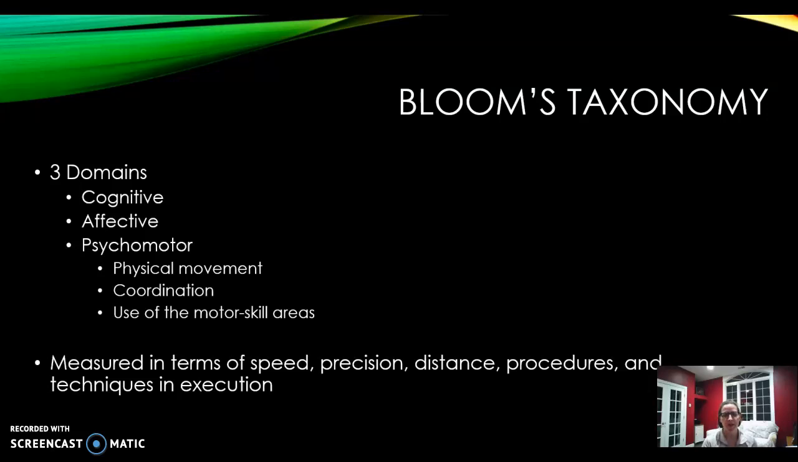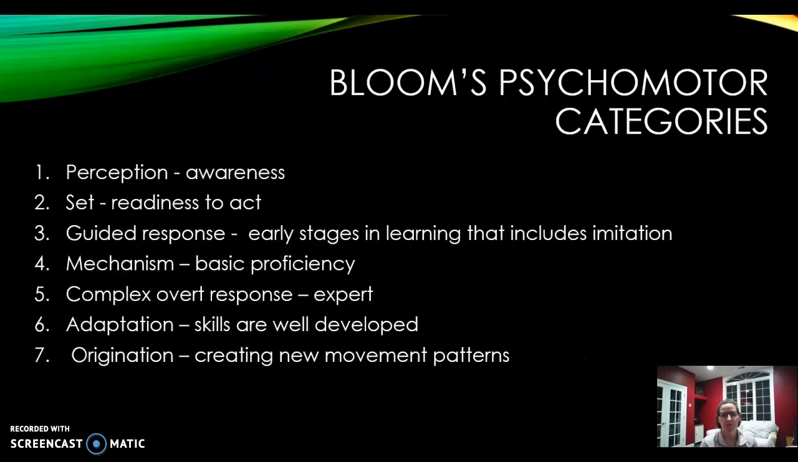Now, when we think about Bloom's taxonomy, we think about creating learning objectives, but also these objectives are used to guide the assessment. So assessing the psychomotor domain is really by measuring speed, precision, procedures, techniques during the execution of such tasks. Now we're going to focus on the 7 main categories using the Simpson psychomotor domain. And this really goes from the simplest behavior as category 1 to the most complex category, which is